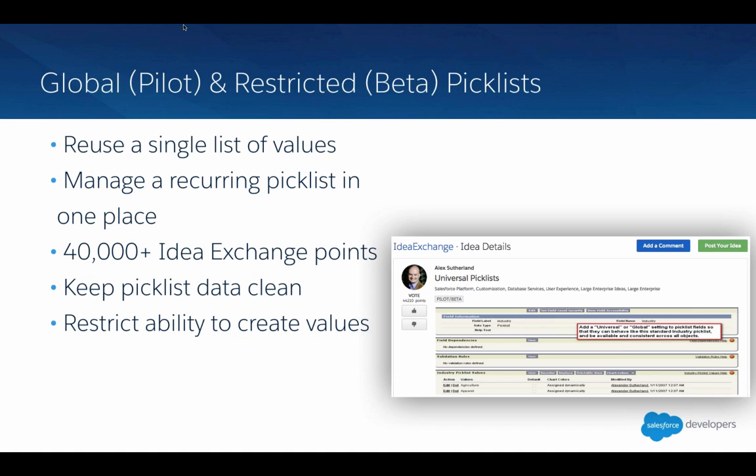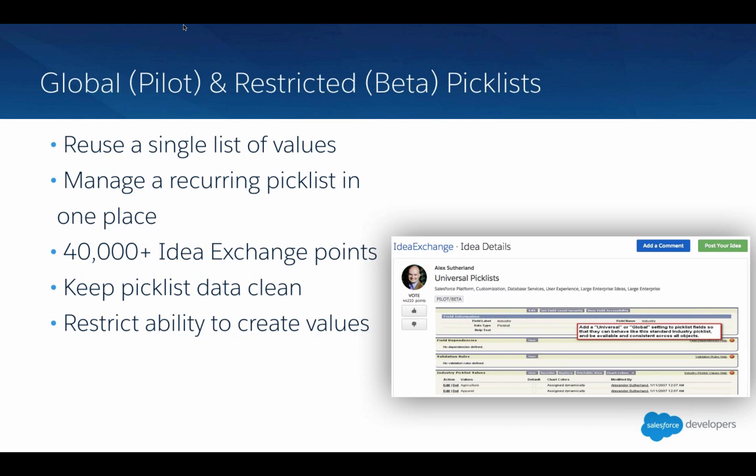progression for pick list tools, declarative customization tools, because it allows admins to manage a recurring pick list in one place. So if we imagine that customer segment pick list, for example, we might have that on a lead. We might have that on an opportunity, on a custom object like projects. We might have that on accounts, maybe even campaigns. It might be a piece of information that we want to track across multiple types of objects in Salesforce. And what this does is it allows you to ensure universal or global values across all of those objects and also maintain them in one place.